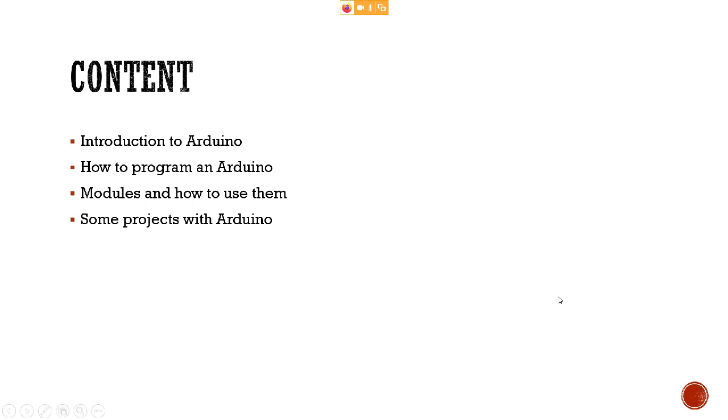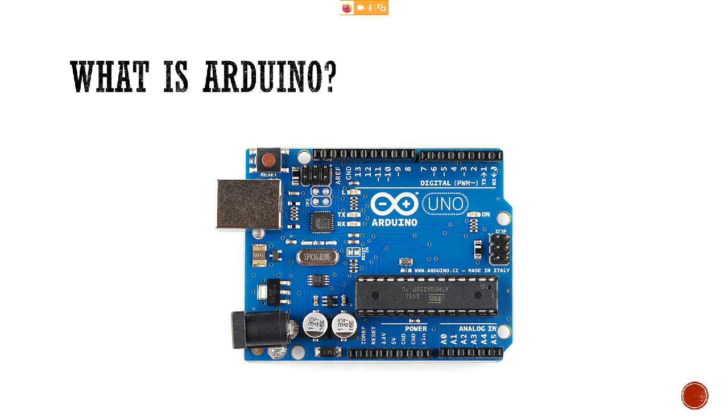Arduino is an open source platform used for building electronic projects. Arduino consists of both a physical as well as a piece of software. The physical part is also known as the Arduino board. We will talk about that later. And the piece of software is also known as Arduino IDE. Here, the IDE stands for Integrated Development Environment, that runs on your computer and is used to write and upload computer code to the physical board.